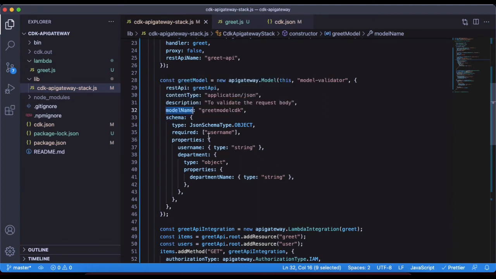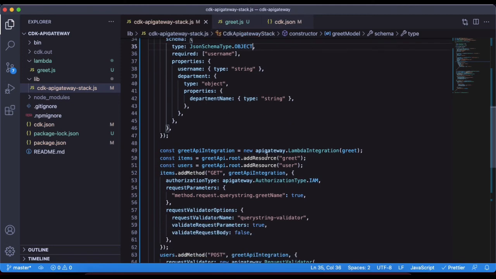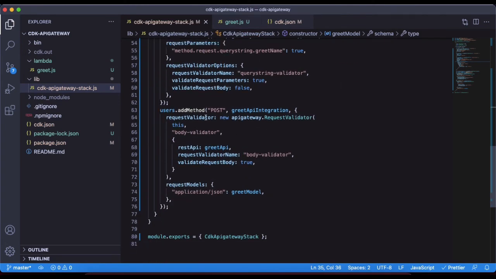What this schema does is it makes it mandatory that the request body will be in this type of schema. If the schema passes, then it goes to the Lambda function, or else it will stop at the API Gateway itself.